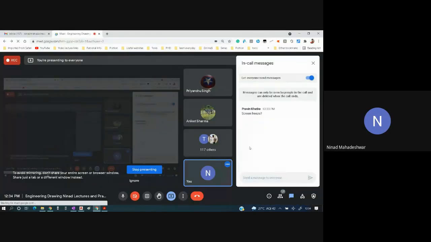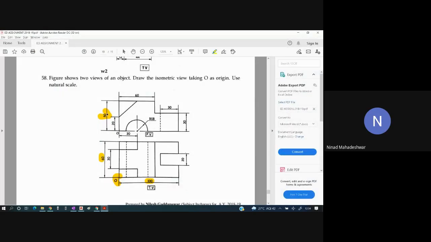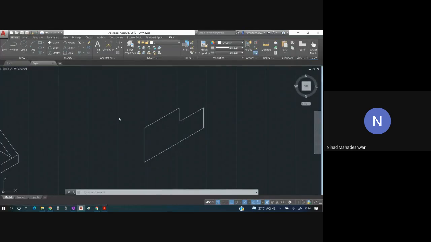Okay, then we have to draw this end. We have to draw from this end to this end. We have to figure out how much is the length, or we have to figure out this part where you can get this point. Okay, so that is at a distance of 30. So you draw a line from here which is 30, join at this line at 20. Okay, so we can do that.